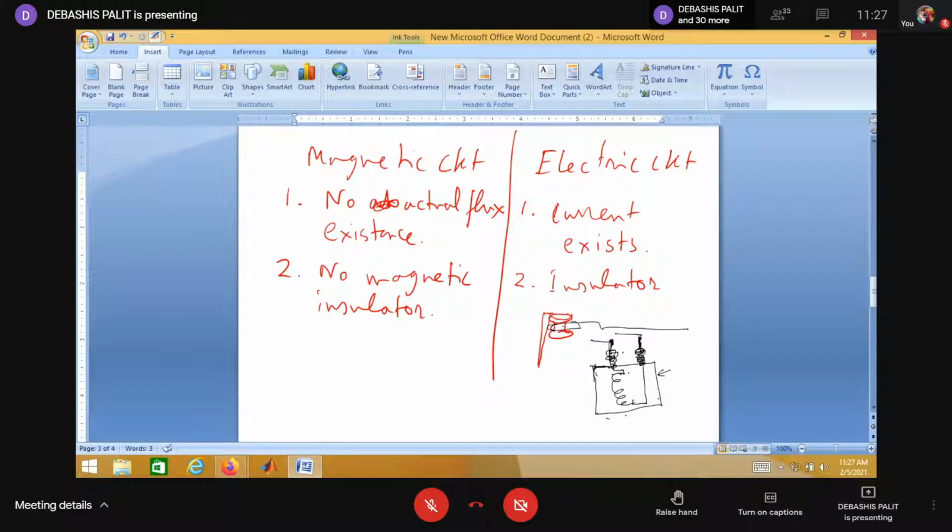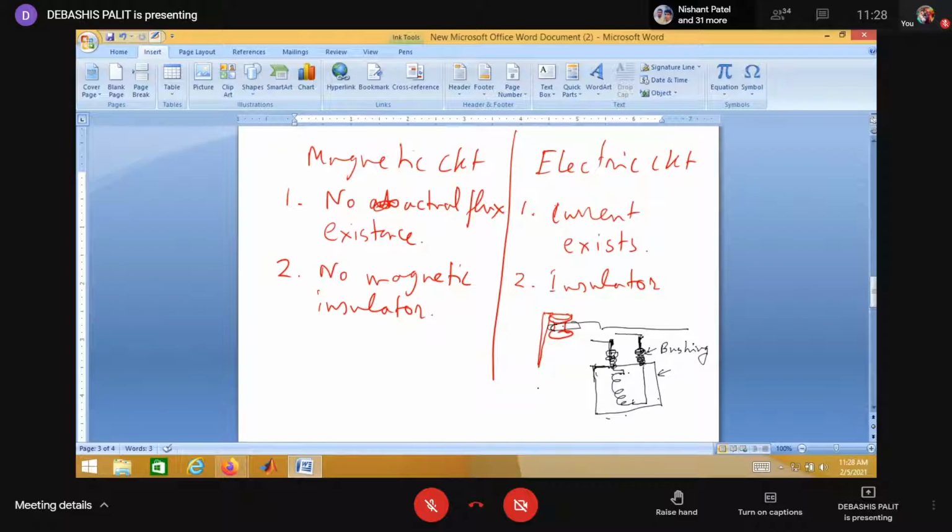You understand my point? This is your insulator. It is termed as bushing. So bushings are used. This is one kind of insulator. Bushings are used to draw the conductor that is coming out from the transformer to the outside terminal. So this is the insulation. You understand my point?